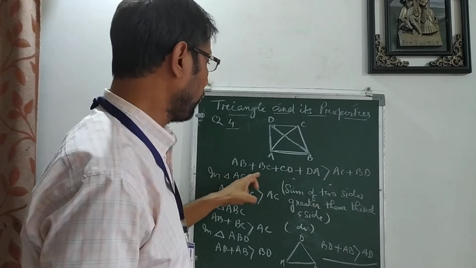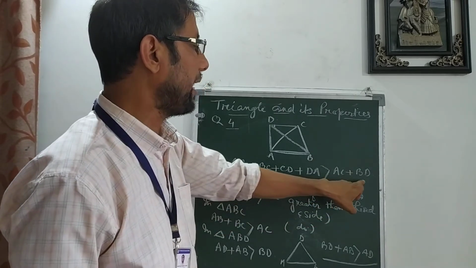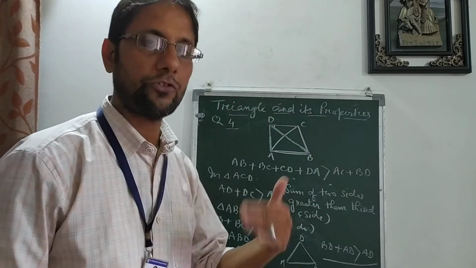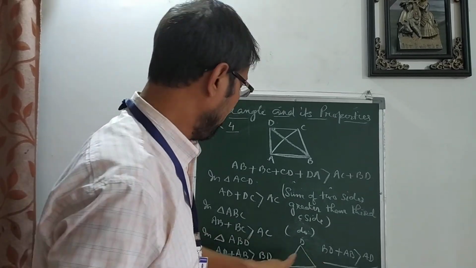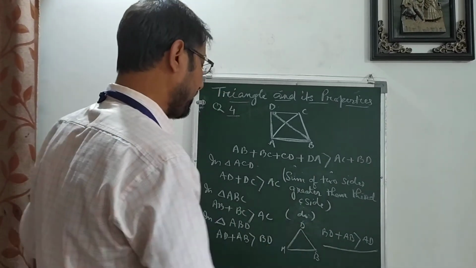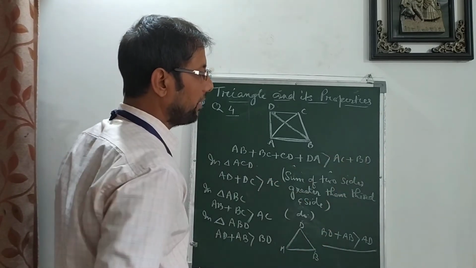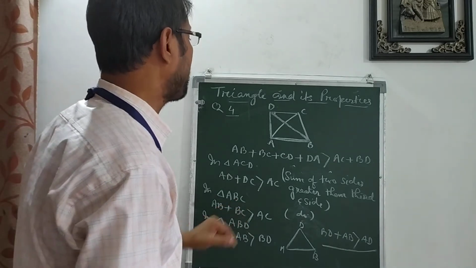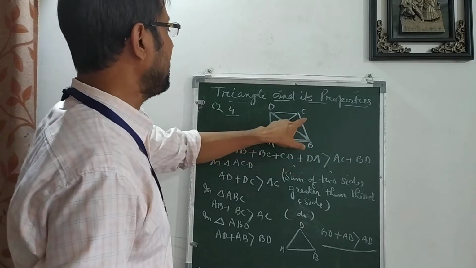If we go to the proof, this is the proof. Here we can see in the right hand side AC and BD. So that's why I have to keep AC and BD on the right hand side. That's why I'm doing it like this. So students, we can write like this, but we are keeping AC and BD because AC and BD are there on the right hand side. So in triangle ABD I have taken. Now I will take triangle CBD.